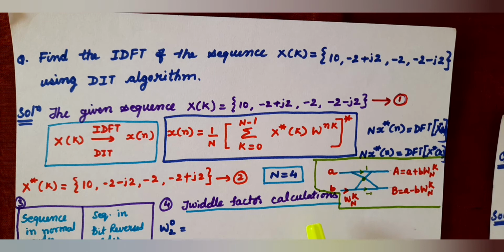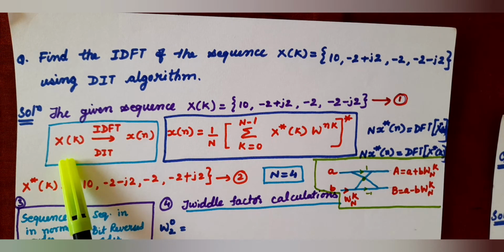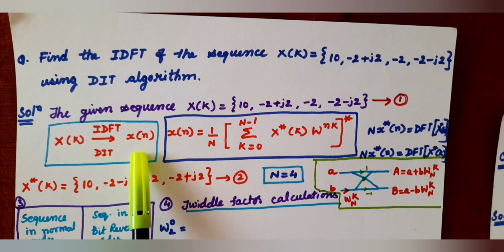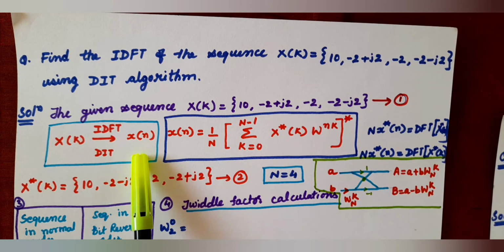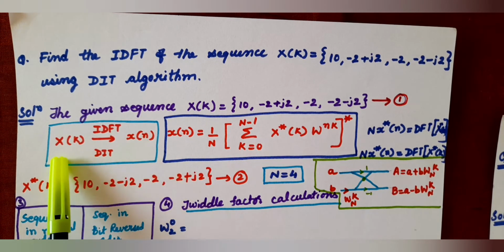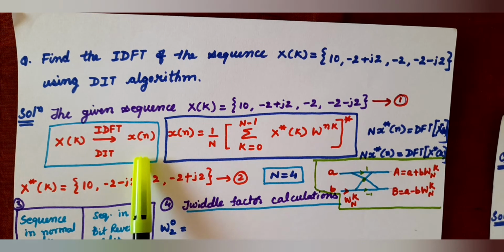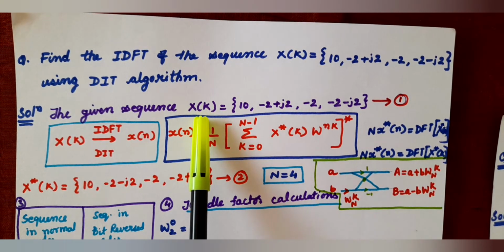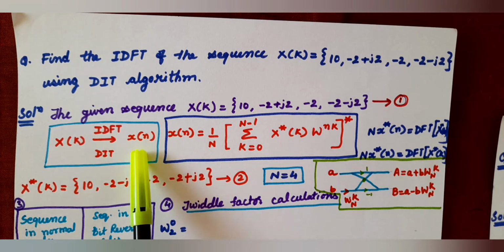What is the difference between DFT solution and IDFT solution is what we are taking at the input side. If you see at the input of IDFT, IDFT is applied on capital X of k. On applying IDFT, you are getting small x of n, which is a discrete time sequence. In IDFT, input is X of k and output is small x of n. So here X of k is given to us. Now we have to find what is x of n.